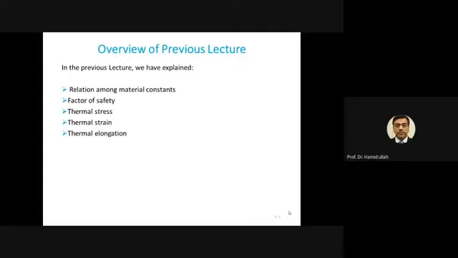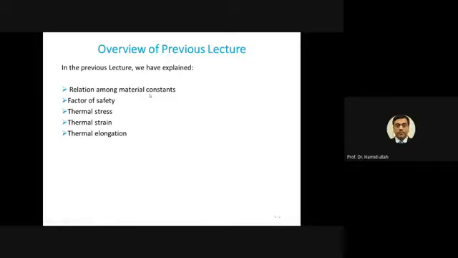So basically, in this lecture, before we go for practice, just to give an overview of what we covered in the previous lecture last week. I hope everybody who was in the classroom knows. We discussed a relation among material constants. If you remember, so far three material constants we have discussed. One was called modulus of elasticity, one was called modulus of rigidity, and the third was Poisson's ratio. So how the three material constants or material properties could be related, we have seen in the previous lecture, okay. So that was a relation.